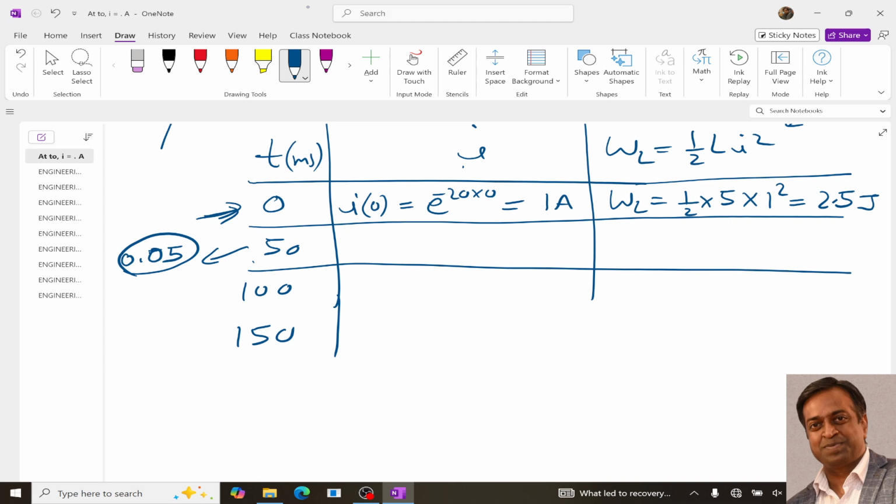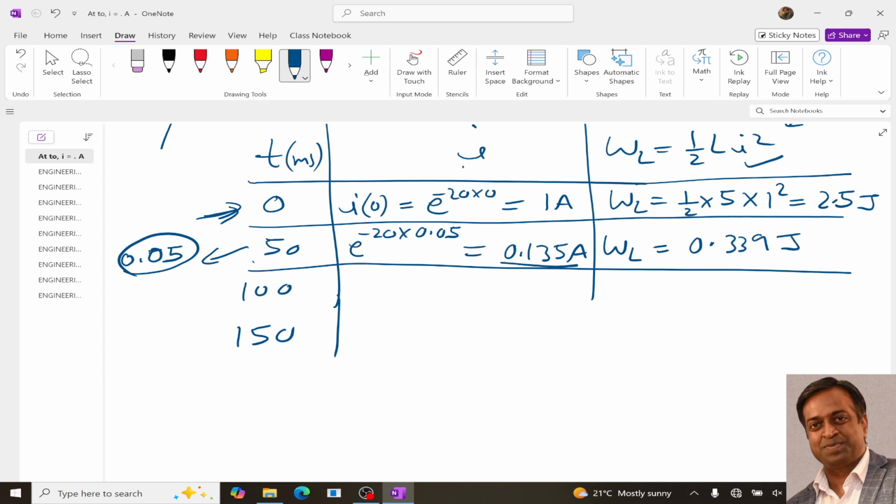So substituting this value over here, we will get current as e power minus 20 into 0.05, right? And now solving this, you will get it as 0.135 amperes, and substituting this value of I in this equation, you will get W is equals to